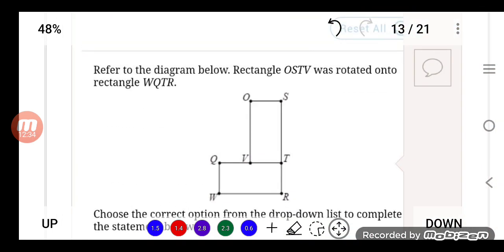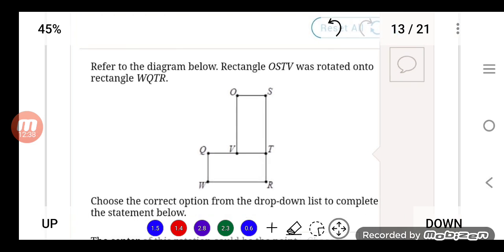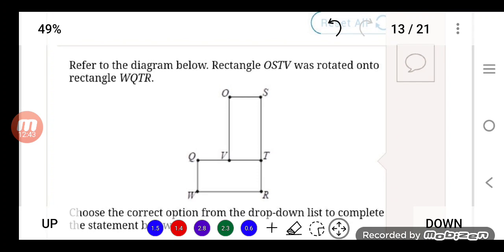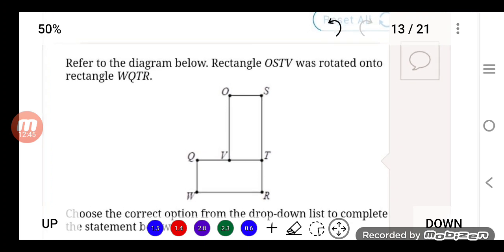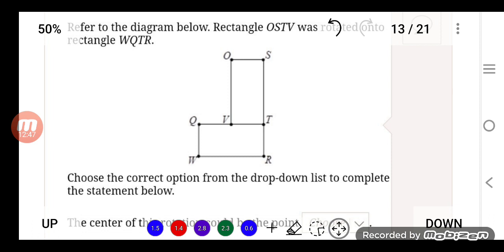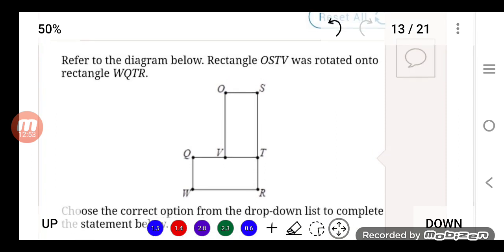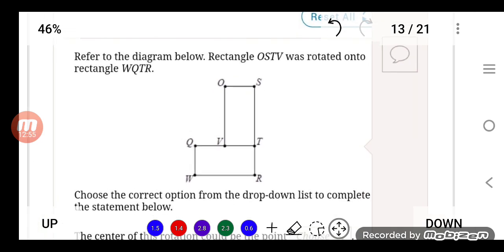Next question. Refer to the diagram below. Rectangle OSTV was rotated onto rectangle WQTR. What's the center of rotation? Choose the correct option to find the center of rotation. So this rectangle OSTV